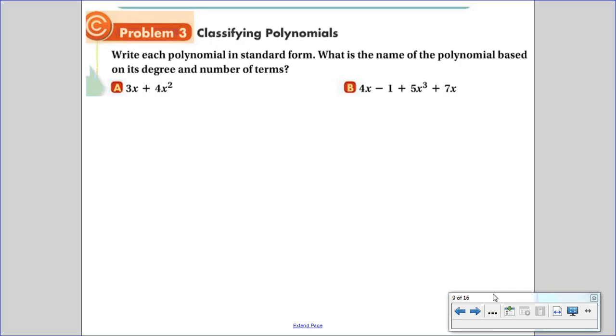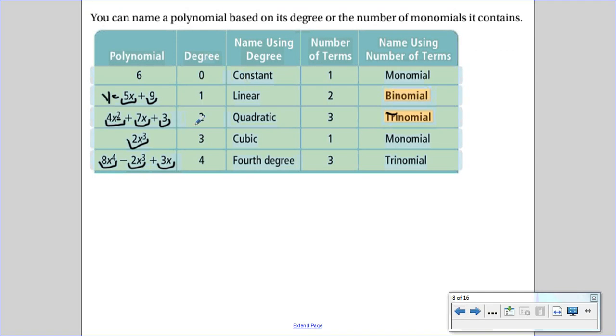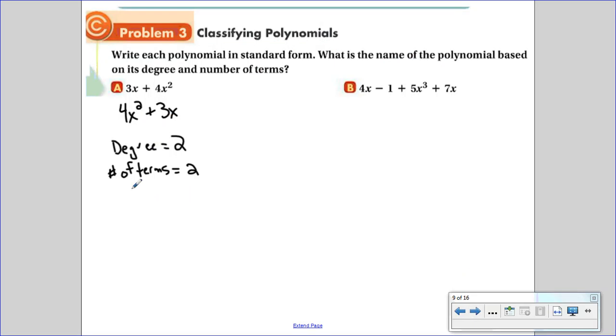All right, so write each polynomial in standard form. So we want the exponents to be from high to low. So this is 4x squared plus 3x. The degree is 2, because that's the highest exponent. And the number of terms is 2 as well. So based off this chart, a degree of 2 is a quadratic, and 2 terms is a binomial. So this is a quadratic